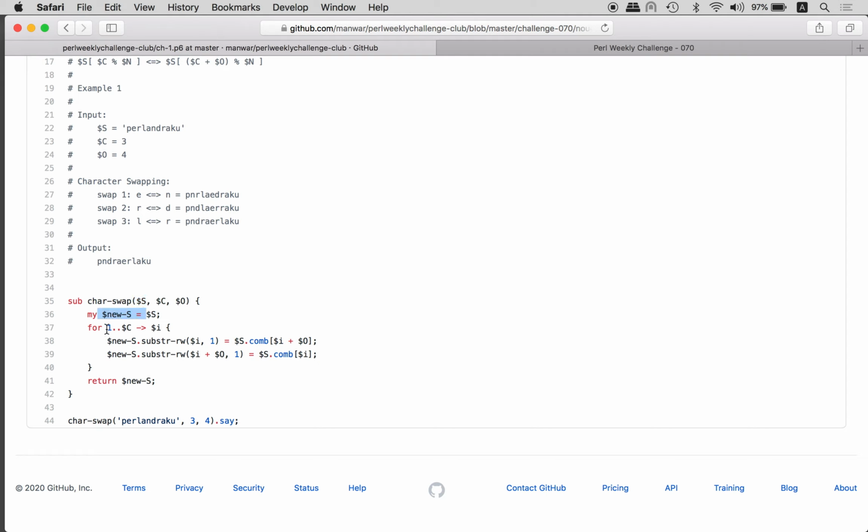But nevertheless, in the loop, again, the same range. What we do is substitute. So we select the character to be replaced, and right. So this is why we need a separate variable, because basically we take the original value from the original string, right? But I wonder if it's